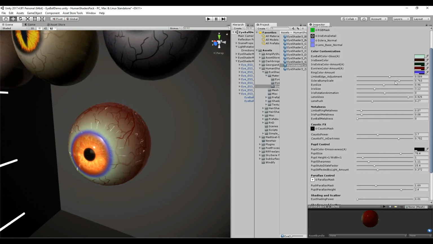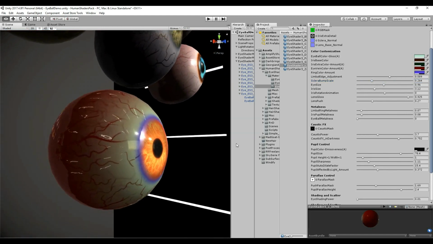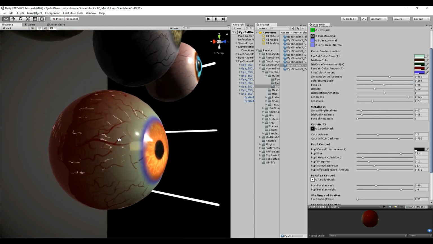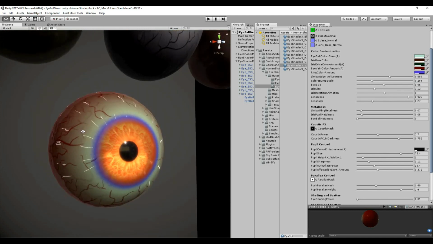Let's see, you've got sclera bump scale, so you can have that quite low if you want. That just matches up with the veins and stuff. You can see how it's kind of making the veins stick out a bit. It'd be quite nice. The eye size,